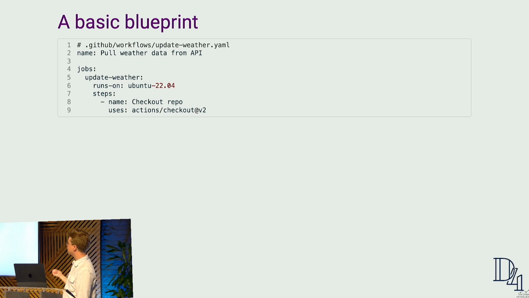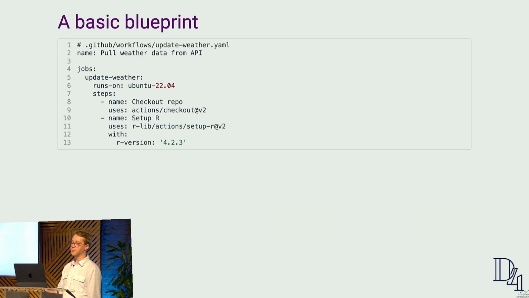So our first step, which is the most common that you see pretty much in every single YAML file, is that you check out the repo. This is just saying, okay, machine, now you have Ubuntu. After you have Ubuntu set up, the first thing you need to do is pull down the repo itself and have that code available to you.